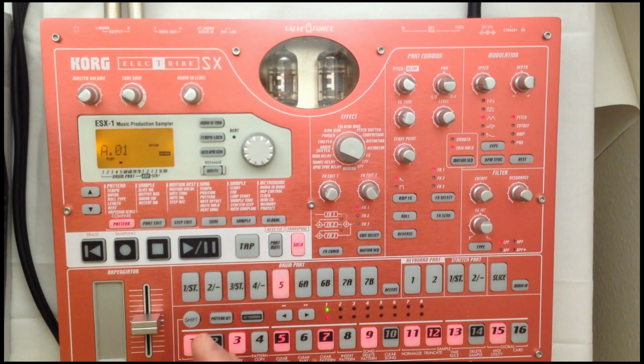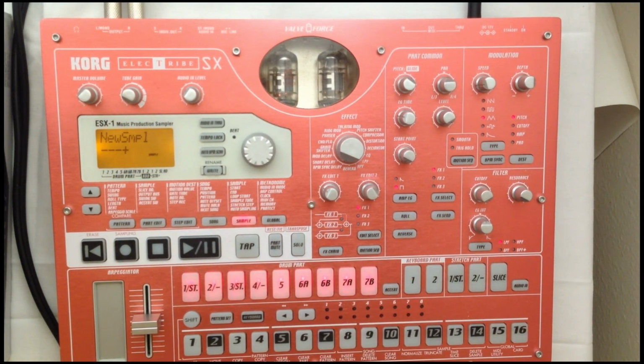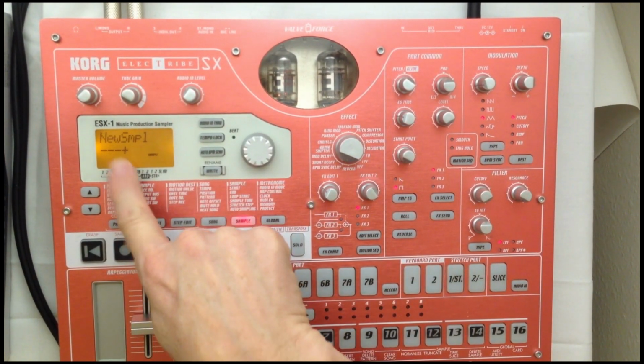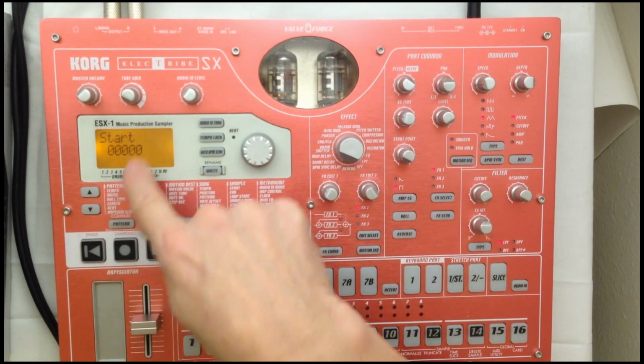Okay, notice I grabbed that kick that we didn't really need. That's how we're going to adjust timing. Let's go to sample. That kick we need to get rid of to make it properly trimmed. So we'll go to new sample, and we will scroll down to